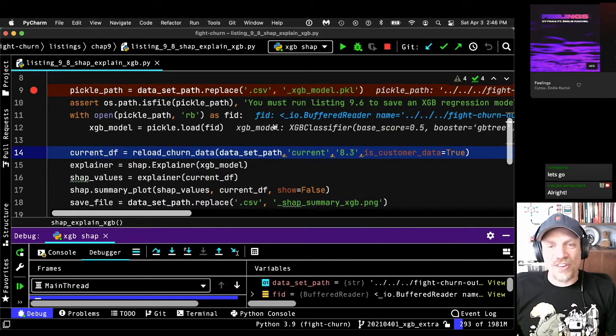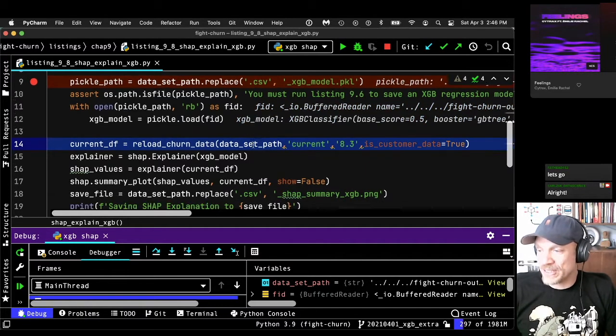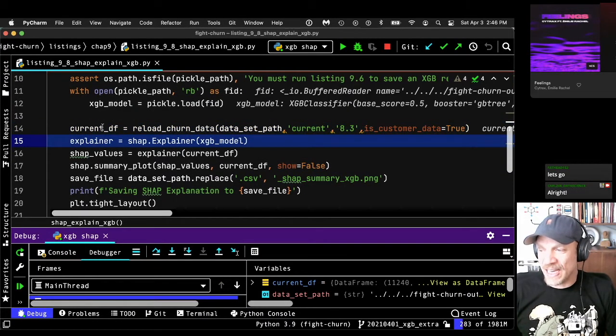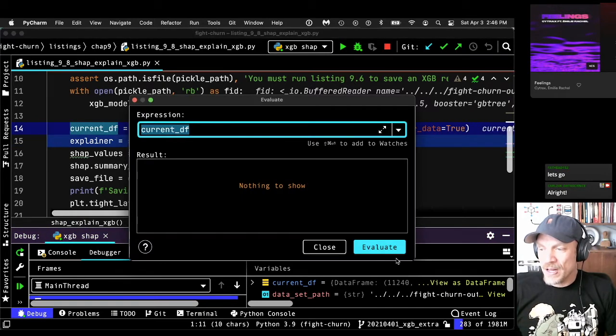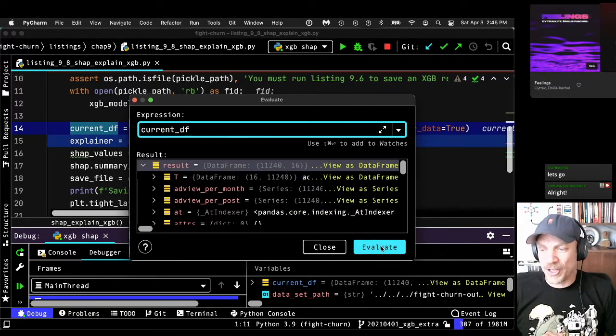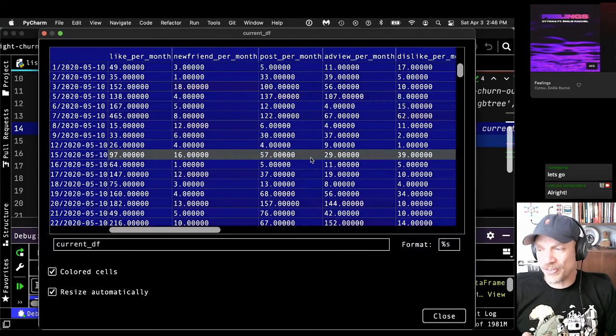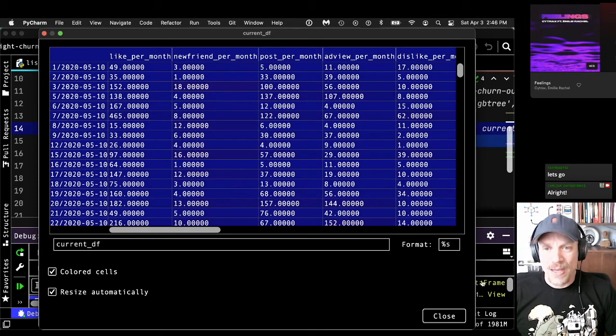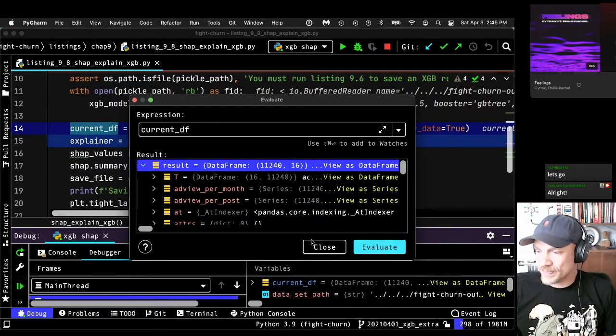Now, the SHAP explanatory model is actually based on data. It looks at points of data and at how the model would have predicted for them. So the next thing we have to do is reload some data. This is a data set of customers. It's not the data that we were looking at before. This is what I call the current customer data frame. We looked at how to produce this. It's a data frame of all the customers at one given date at the end of the analysis period. That's fine to use for this purpose.